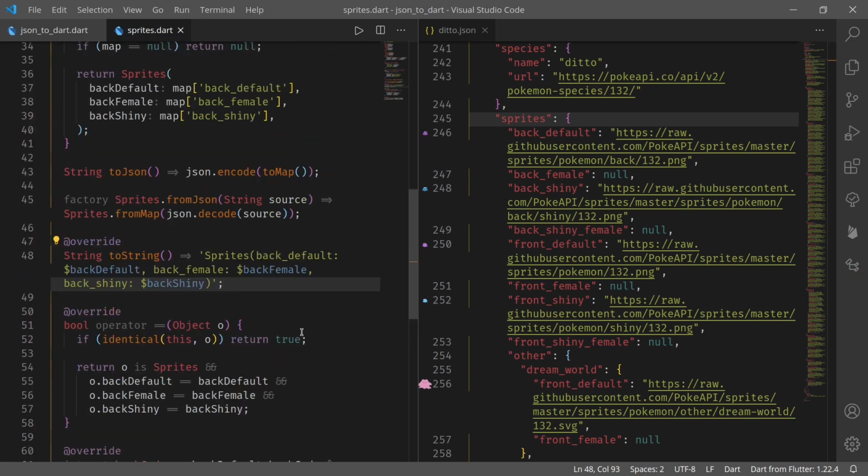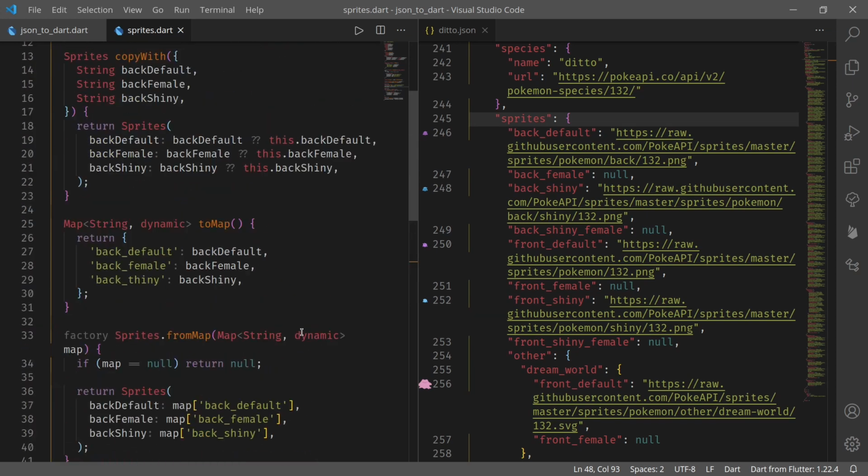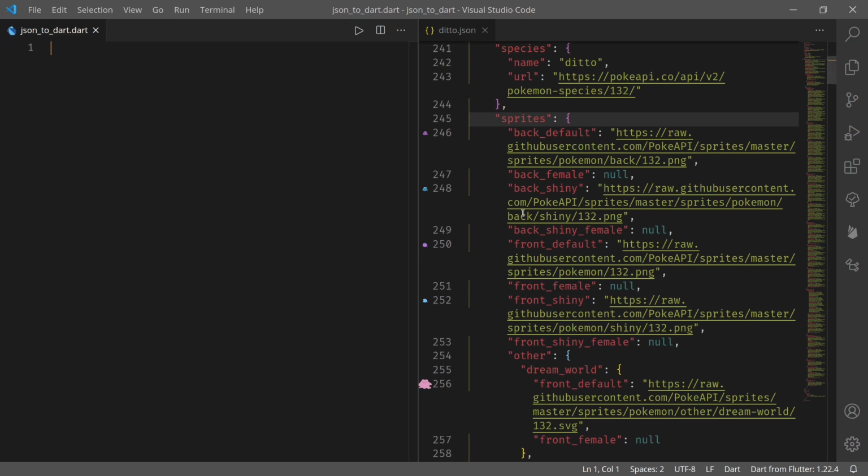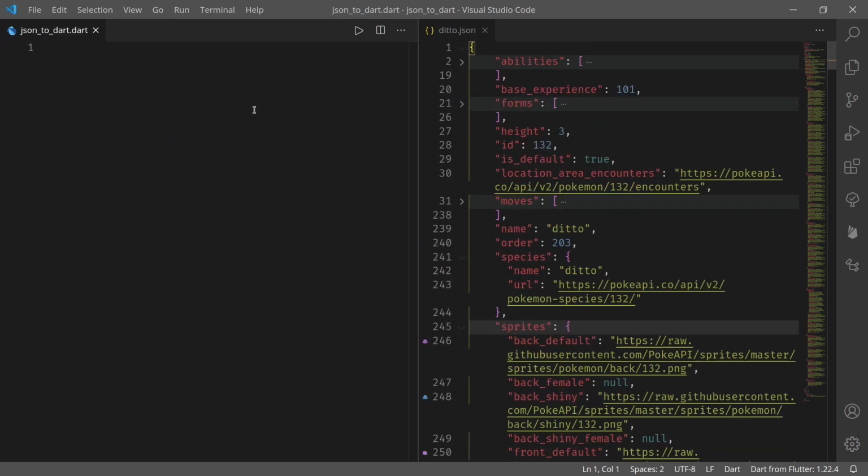Okay, so we have our sprites as well. So now let us create our main Pokemon class. Here we'll add the base items like int or double